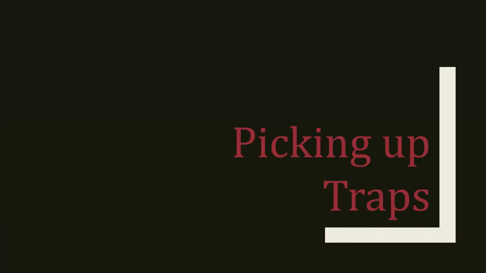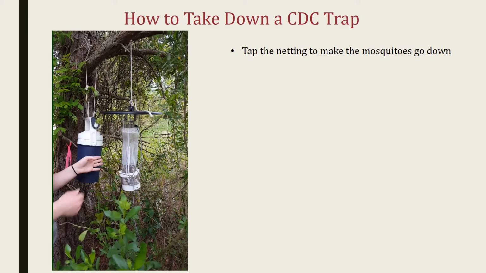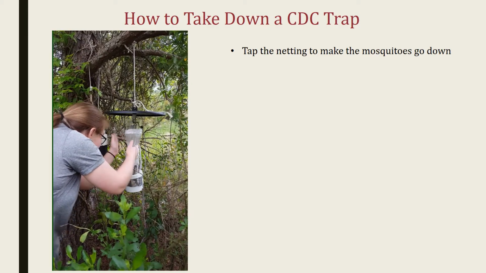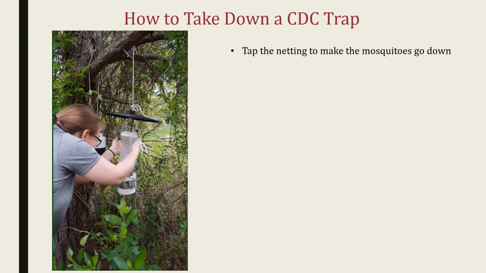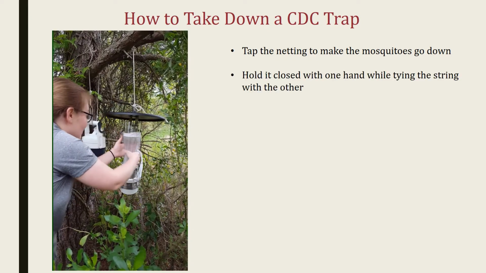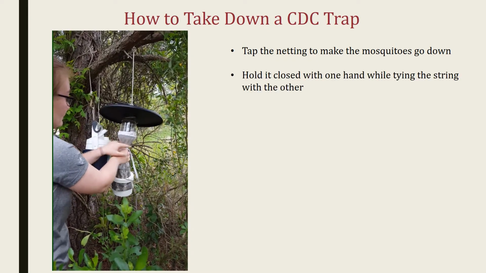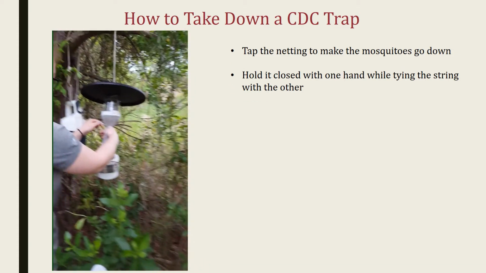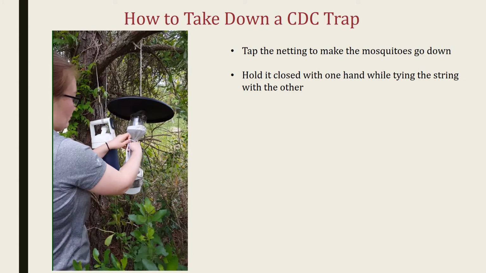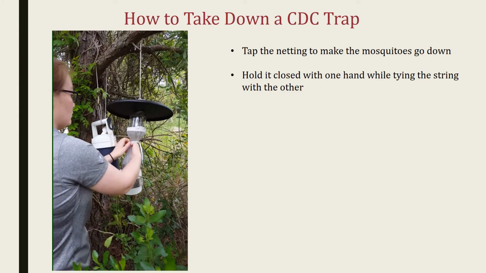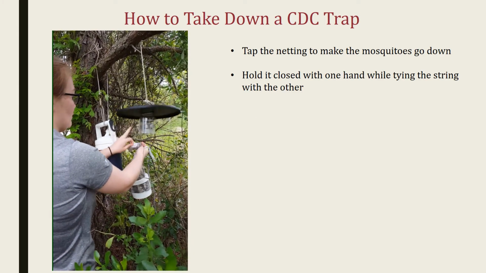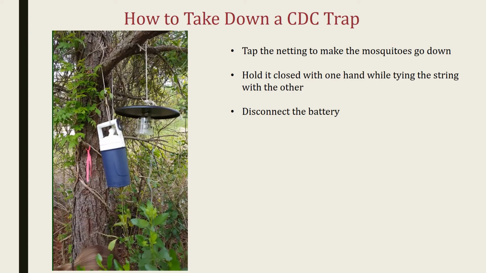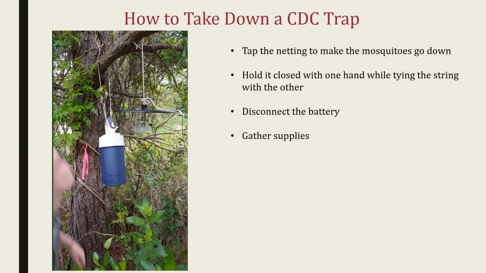We have set all our traps, and now we're going to learn about how to pick them up. To take down a CDC trap, you're going to start by tapping the netting on the sides to make any mosquitoes on the netting go further down inside the trap. Then you're going to hold it closed with one hand while trying to tie the string with the other. This is so the mosquitoes in there won't go back up past where you're trying to tie it off. After that, you're going to pull it off the CDC trap, disconnect the battery, and start